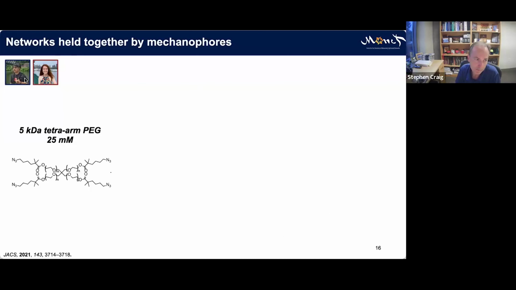So Xu Wang, working with me and Michael Rubinstein here at Duke, collaborated with Haley Beach, then a graduate student at MIT with Brad Olsen, to do the following experiment. They took a tetra-armed polyethylene glycol star polymer, so a polymer with 4 branches and reactive end groups, these azides at the end of each of those branches, and then reacted them with a difunctional alkyne through what chemists will recognize as a copper-assisted azide-alkyne